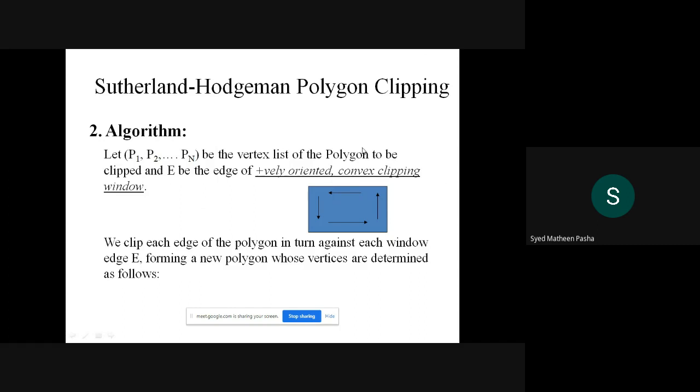What is the condition for convex? We studied in module 2. When can I tell a particular polygon is concave or convex? What is the condition? Someone from the class? What is the condition for a convex polygon? If the internal angle is less than 180 degrees. Yeah, if the internal angle is less than 180 degrees. If that is not the case, that particular polygon can be called a concave polygon. That is, if the internal angle is greater than or equal to 180 degrees, I can call it a concave polygon. If it is less than 180 degrees, I can call it a convex polygon.